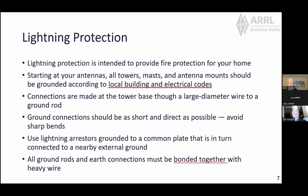So, you're going to be connecting grounding rods. If you've got a big tower, you're going to connect the legs. Each of the legs is going to have a grounding rod connected to it. That grounding rod should be copper and about 8 feet, to be driven into the ground. And they should be bonded together, meaning they should be connected by wire or heavy strap,